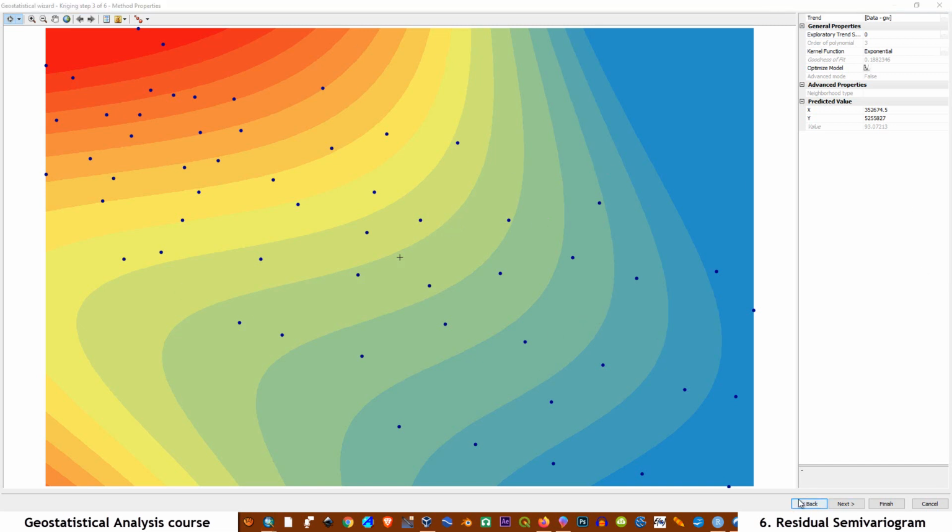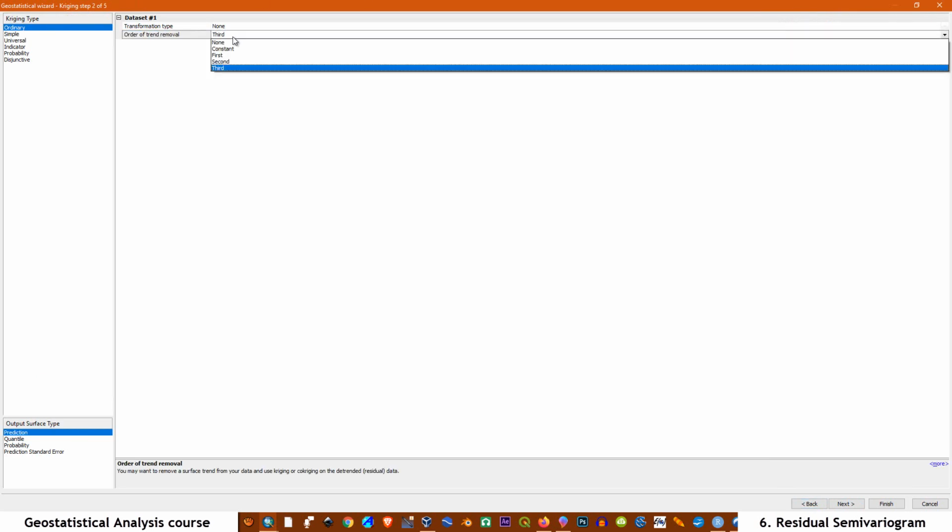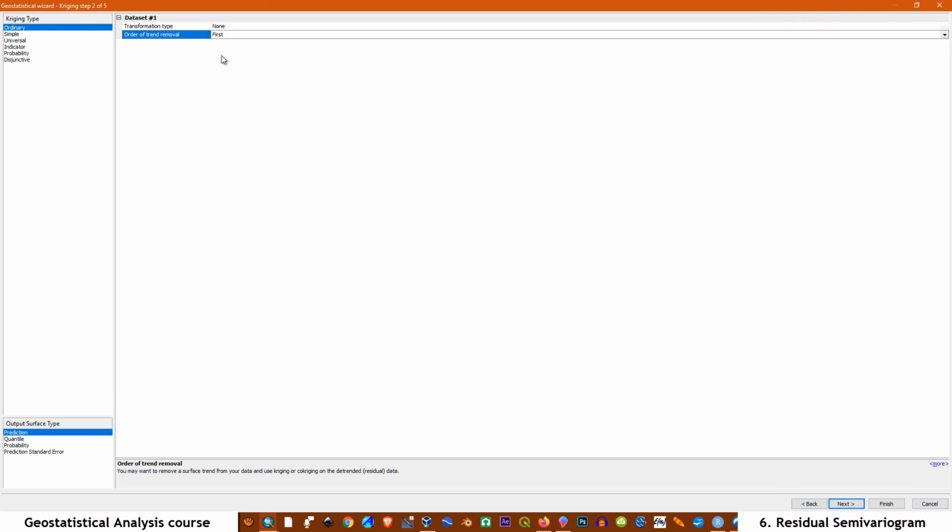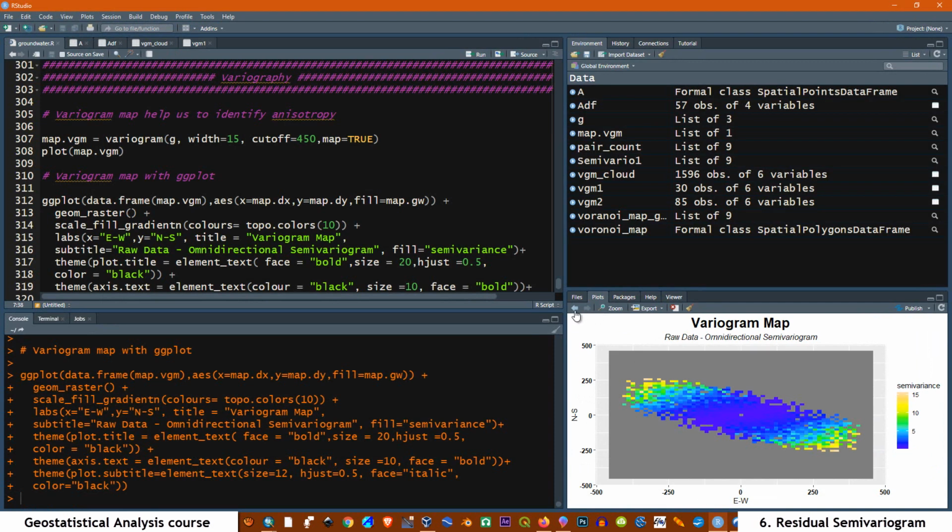In groundwater, the most common plane that we are going to remove from our data is the first order one, because what you don't want is to overfit the model on your data. I'm going to show you here with a different one. For example,